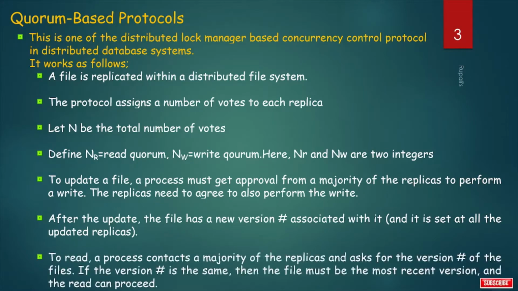Now, to read, a process contacts a majority of the replicas and asks for the version hash of the files. That is, for reading, we need the most recent version. If the version hash is the same, then the file must be the most recent version